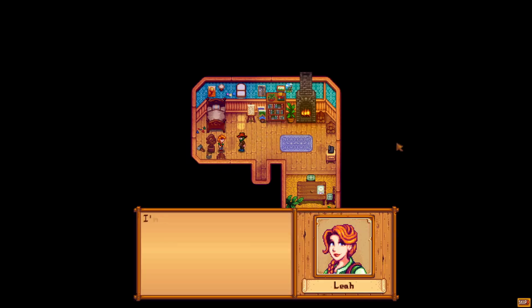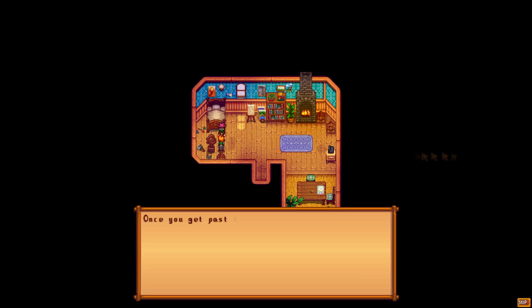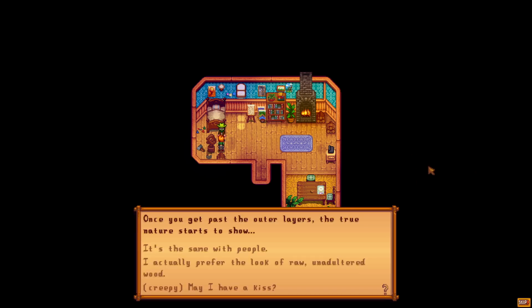We did give Marnie and Shane both a gift there, and we go to Leia's to give her a gift, but we are first met with a cutscene, and this is her 2-heart cutscene. We will be met with a dialogue option where we can choose between the response of "it's the same with people" or "I actually prefer the look of raw, unadulterated wood," and both of those responses will have no effect